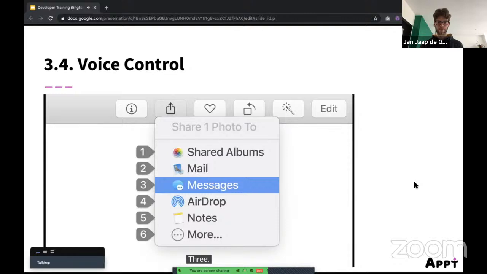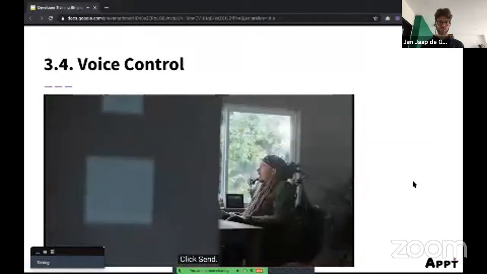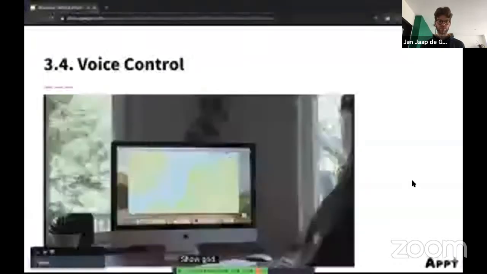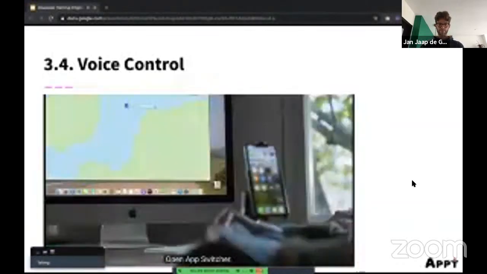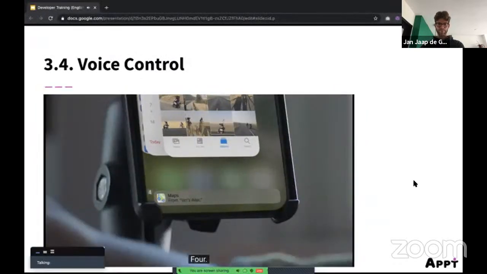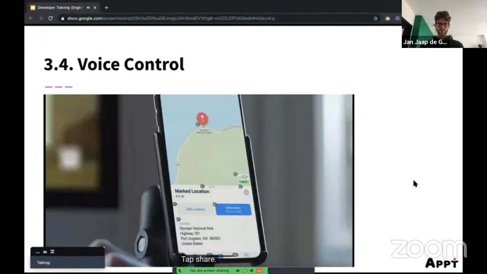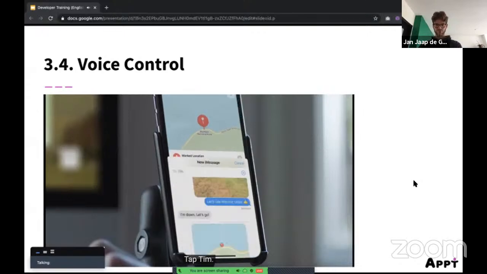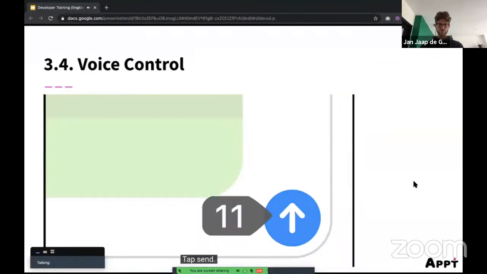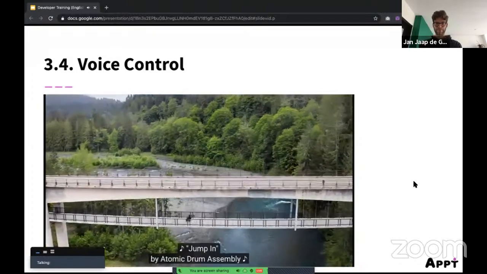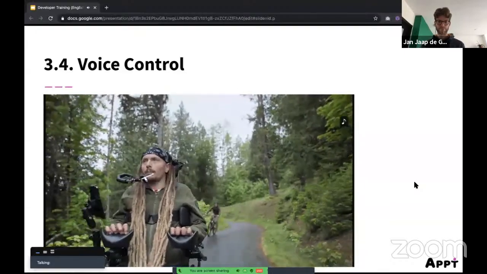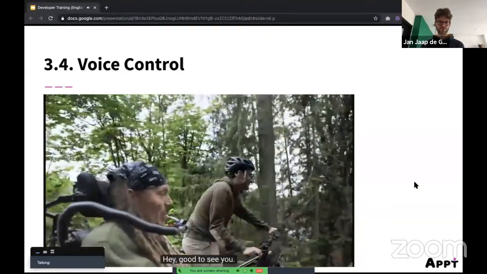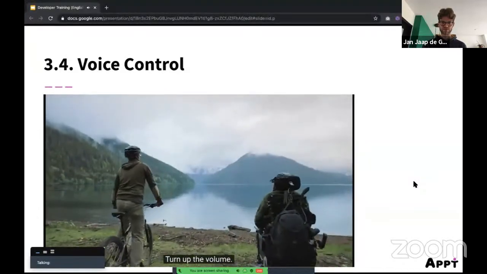Next one today. Thumbs up emoji. Click send. Open maps. Show grid. Long press at 20. Open app switcher. 4. Tap share. Tap Tim. Tap send. Hey, good to see you. Open music. Turn up the volume.